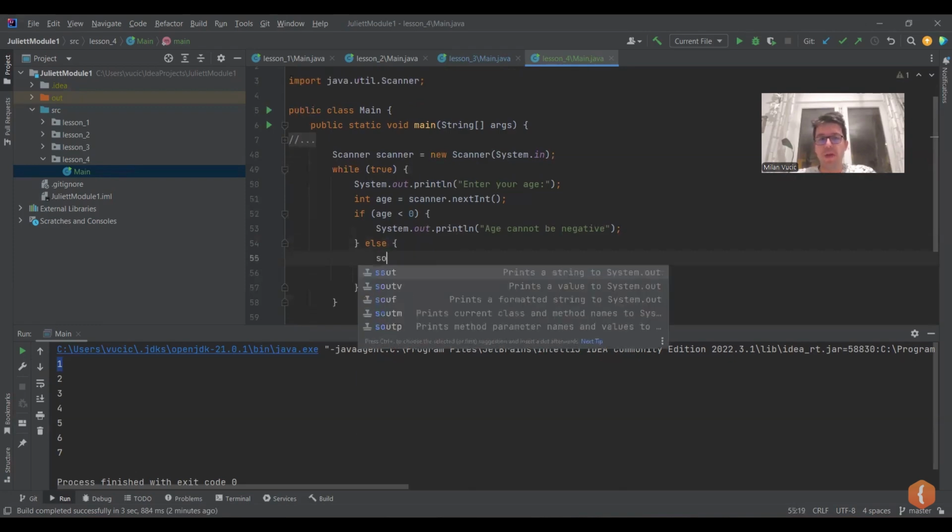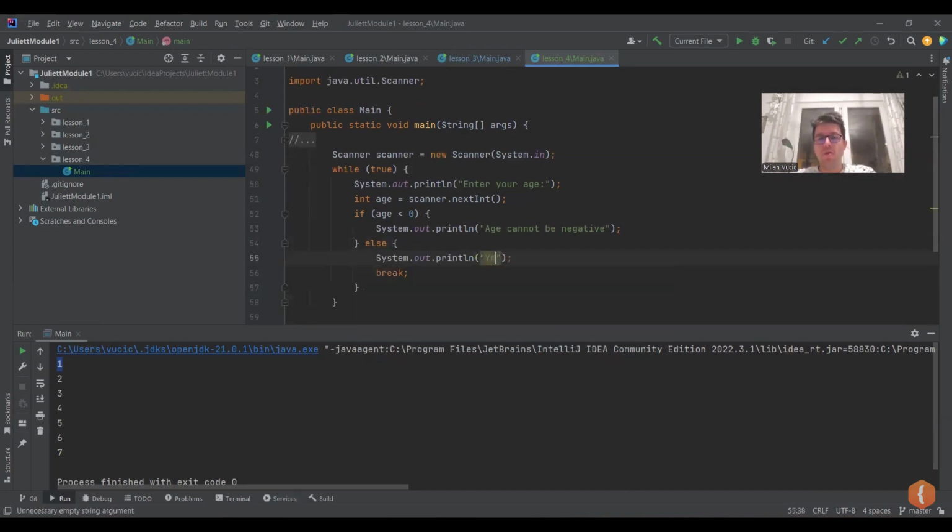And at the end of the loop, we are certain. Here, let's just print the age before we leave. Your age, and then plus age. And this is it. We can keep asking the user for a proper input until he actually provides one. So if we run this now,